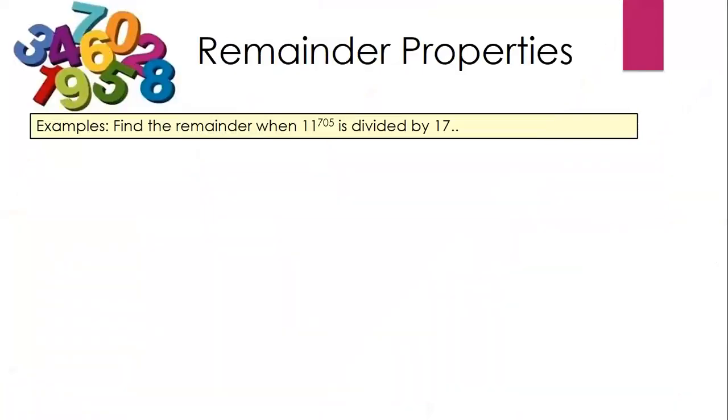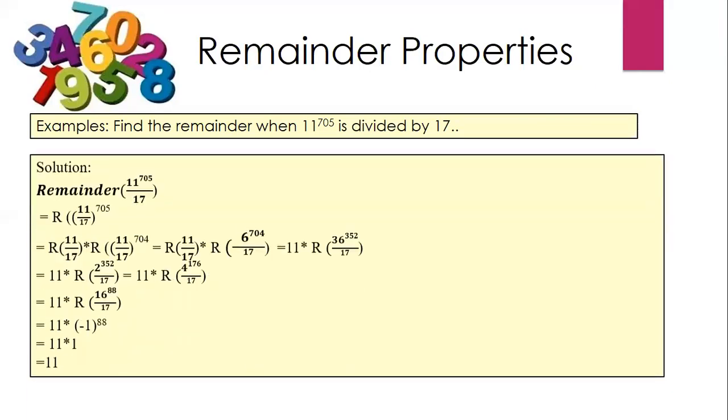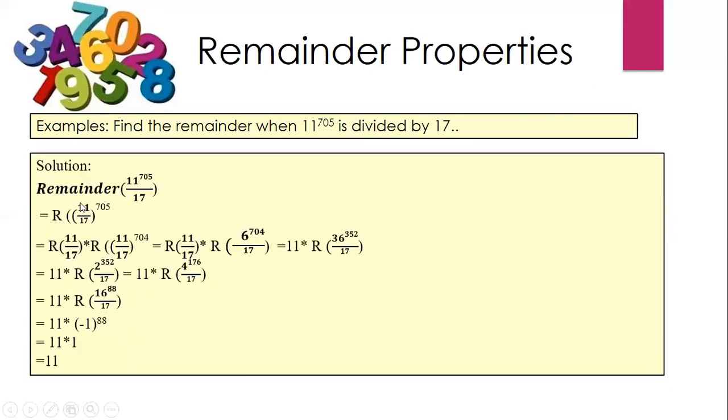In the same way, find the remainder when 11 power 705 is divided by 17. So the remainder of 11 by 17 to the whole power 705. I have taken 11 by 17 outside because I need to make it an even power, so that without finding the cyclicity we can find the answer. That's why I have taken an alternate approach. If you want, we can also directly go for cyclicity from here itself.